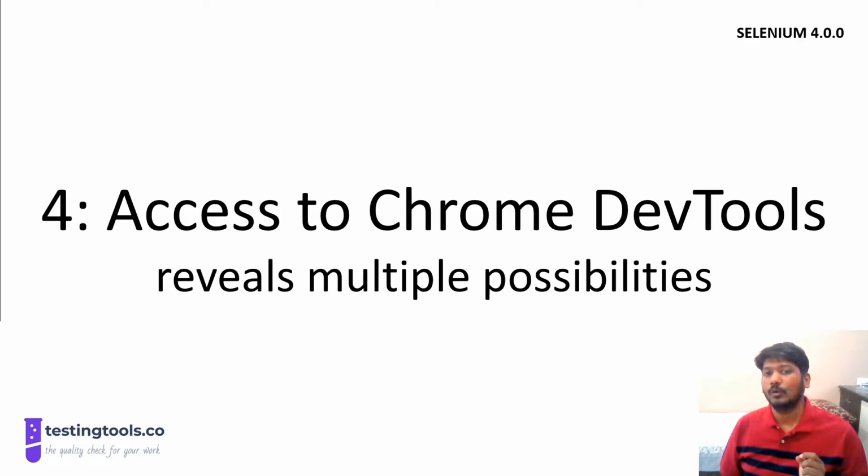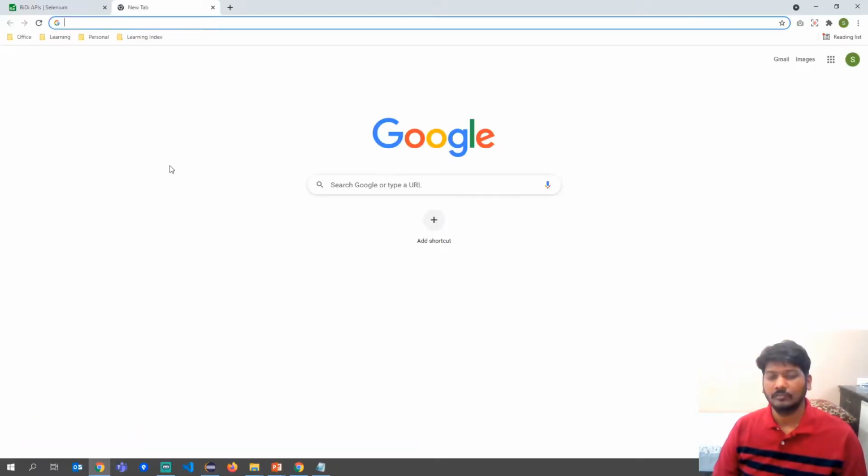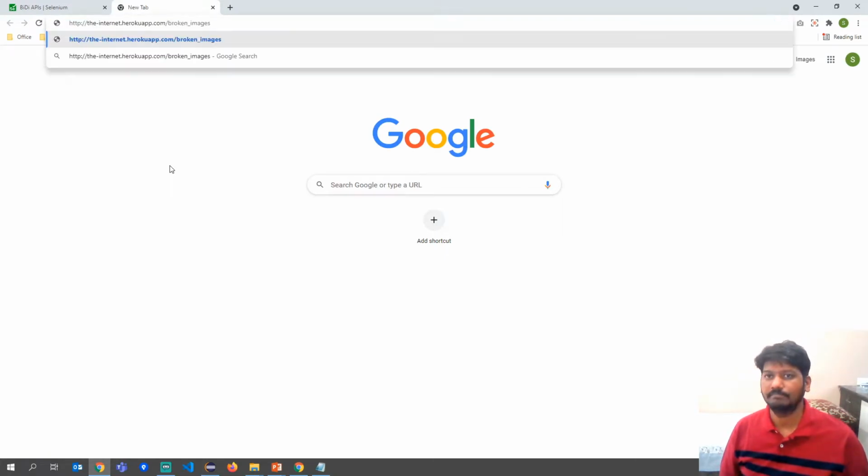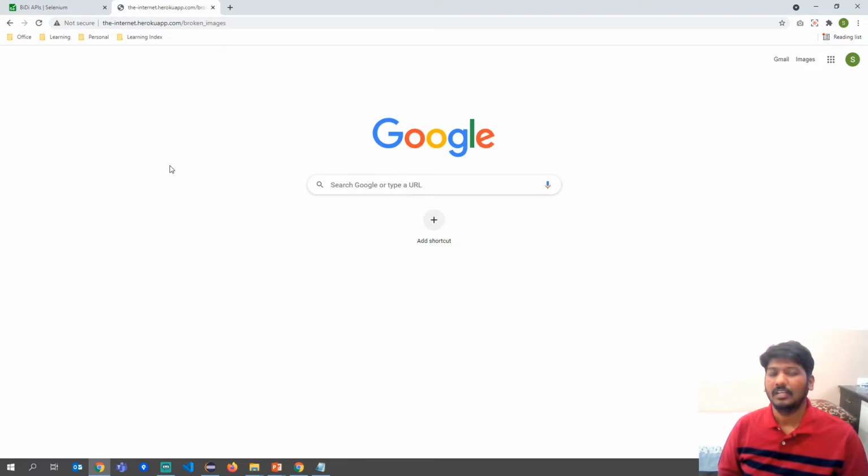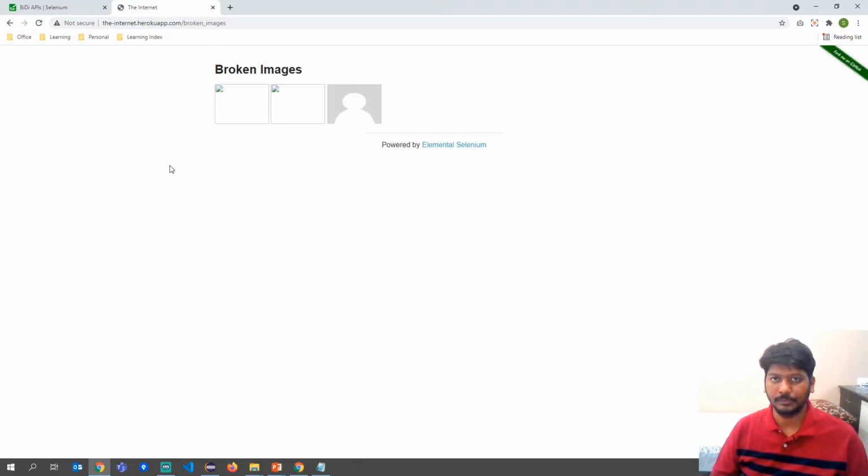Now I would like to first show you the browser, open the particular URL and see what is being printed in the console, and then we will automate it through Selenium 4.0 and see if we are able to access the console log and print the same statements that we are seeing in the browser console. So we are using a specific URL here which is used for this demonstration. I will provide a link for this in the description.